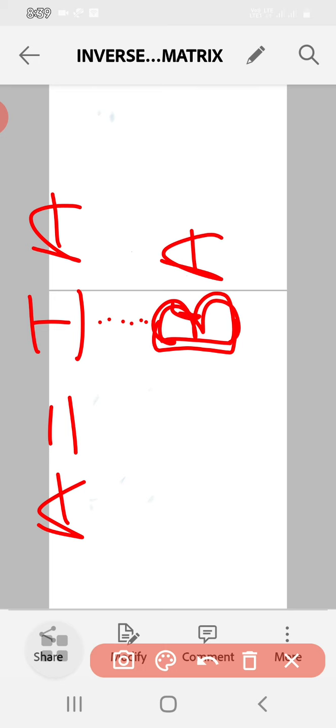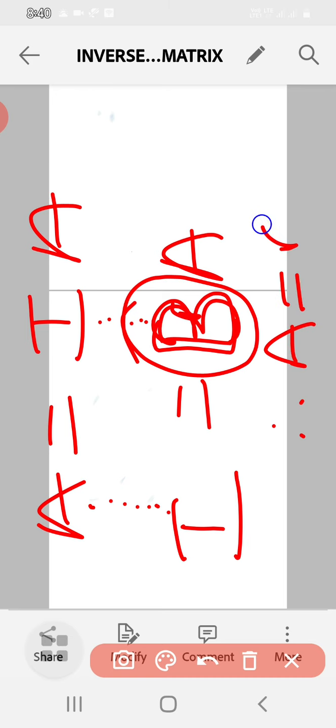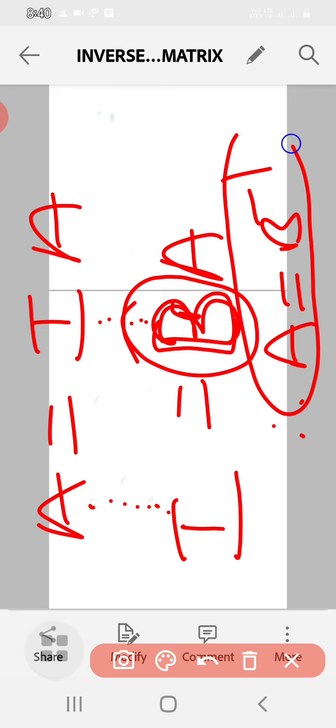So then you write this A as it is. Then we reduce the matrix A on the LHS to I. See, then what is the conclusion? I is equal to BA. So I is equal to BA means we say that B is the inverse of A. Therefore, we say that one matrix is the inverse of the other. So in this way we can find the inverse of the given matrix.